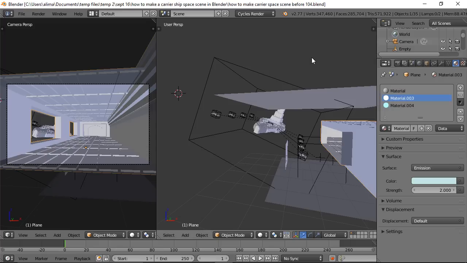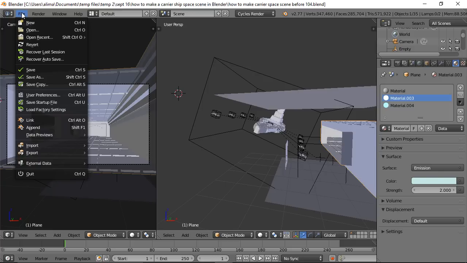Okay, now what you want to do is to either make a space scene or to search for a space scene. The one that I'm using, I searched for a space scene on Google. I took it in GIMP and switched some of the elements around. The way we're going to bring that in is I'm going to click File,